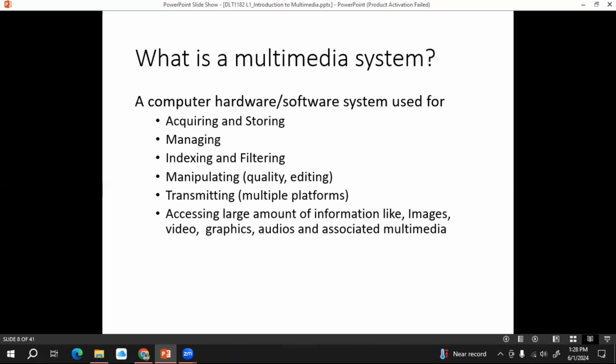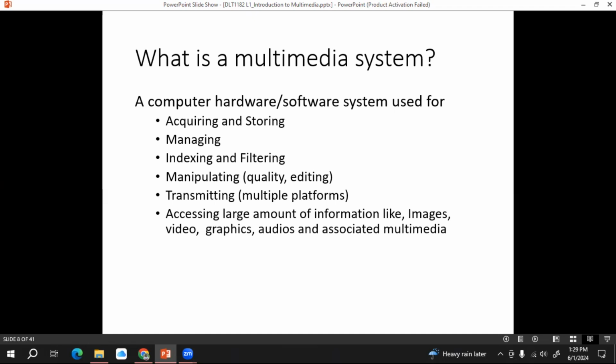Then accessing large amounts of information. We know a high quality video or a graphic has large data files, right? Then your system should have a way of accessing this large amount of information without any issue, right?